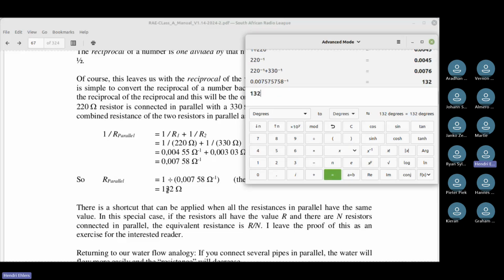Now, there's another way of doing it, and I'm now going to do a deliberate mistake, and you see who picks it up. I say, well, let's clear that. 1 divided by bracket, 1 divided by 220 bracket closed plus bracket open 1 divided by 330. Right. Now, technically, that is the same. So we should get the same answer. But we don't. Who can tell me why?